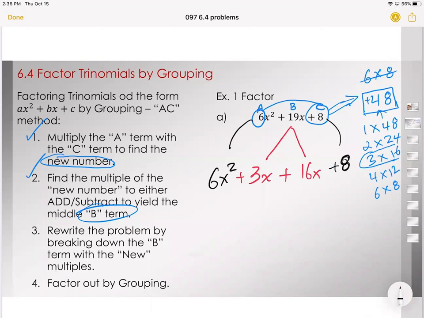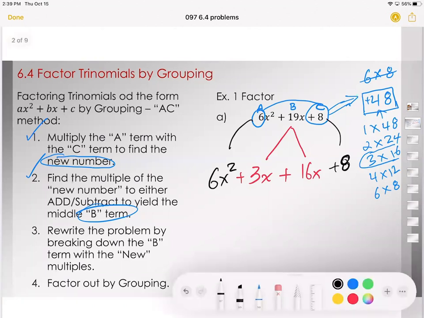So this is my new problem here, ladies and gentlemen. I took the A times the C. I found a multiple of that number that adds together to give me 19. And then I rewrite the problem, but instead of writing 19, I break the 19 down into two numbers, which is the 3 plus the 16. 3 plus 16 gives me 19. So now, once I have that,